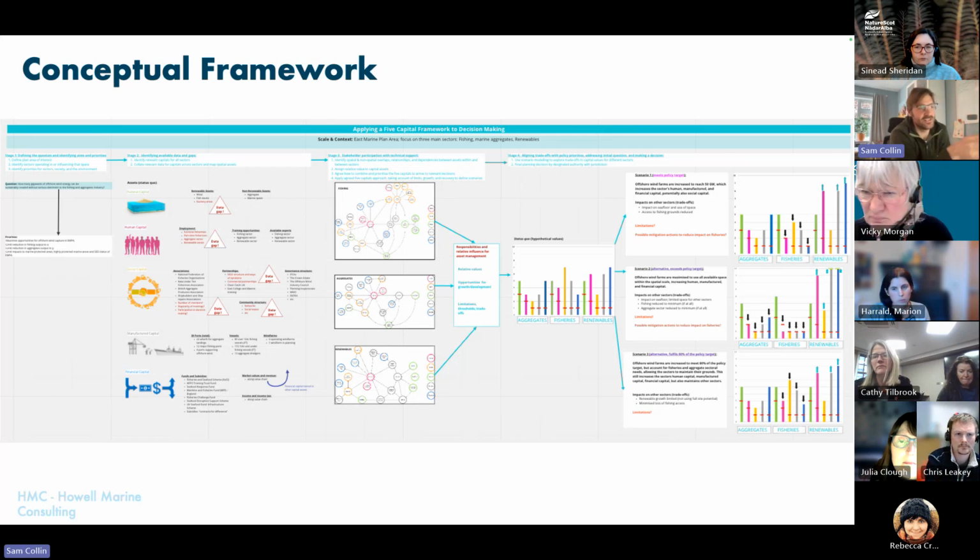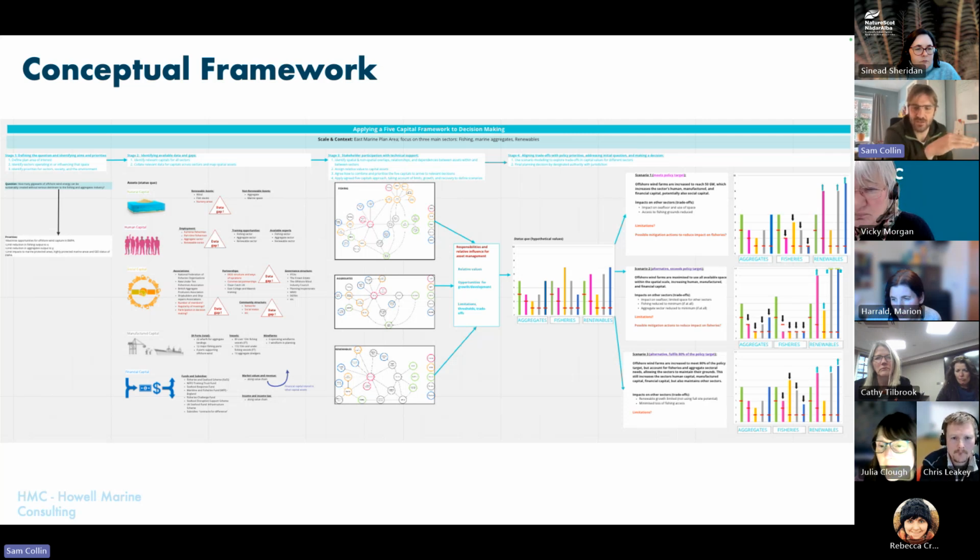And then using that status quo, you can run through different scenarios, these are all hypothetical. But for this question, we were looking at, okay, if you wanted to reach your 50 gigawatt target of offshore wind development, this first scenario, how would that impact on the other sectors and the different capitals? Scenario 2 was if you wanted to just maximize the amount of offshore wind you could possibly build in the North Sea, how would that then impact on fisheries and aggregate sectors? And then the last scenario is if you wanted to meet an 80% target, again, what would the impact be on those other sectors?